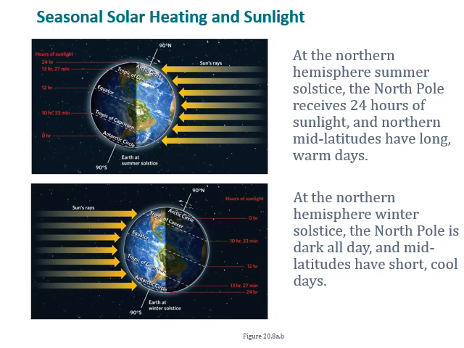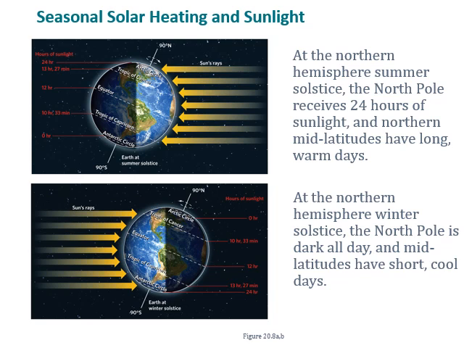At the northern hemisphere summer solstice, the North Pole receives 24 hours of sunlight, and northern mid-latitudes have long, warm days. So in the figure on the top left, you'll see that as Earth makes one turn or one revolution in a given day of 24 hours, the North Pole is always receiving some sunlight and is not in the shadow, whereas the South Pole during this time never actually receives any sunlight and is always in the shadow, thus resulting in near or total sunlight in the northern hemisphere summer solstice at the North Pole, and then near or total darkness at the same time